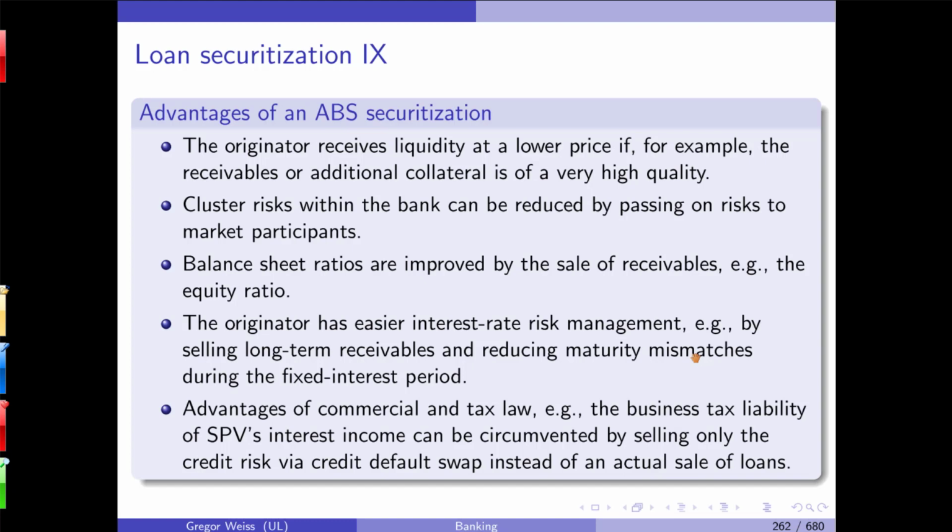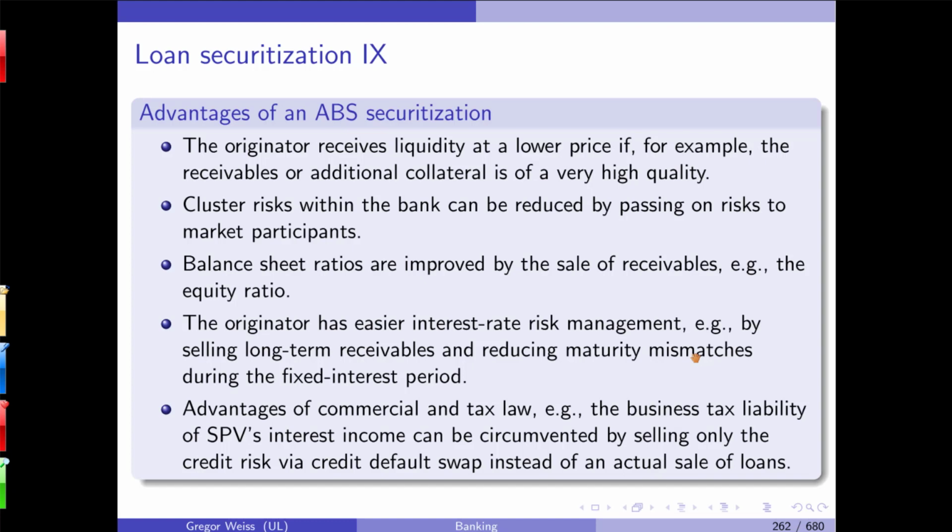Ja, also das Anti-Blockiersystem der Bankbilanz. ABS comes from cars and it prevents your brakes from blocking. And he calls it the ABS system of bank balance sheet. Why? Because you get liquidity. You get unblocked because loans are long-term investments and you get short-term liquidity by using asset-backed securitization. So that's